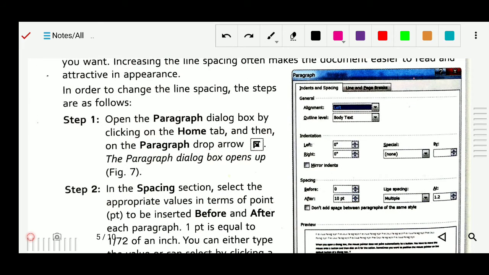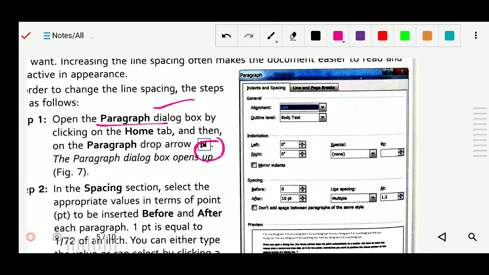In order to change the spacing for the whole document, we have to go to the Paragraph dialog box. How will you get this? In the Home tab there is this arrow, and the Paragraph dialog box will open, okay. This is the same Paragraph box, and as I told you, in this Paragraph box so many options are there.